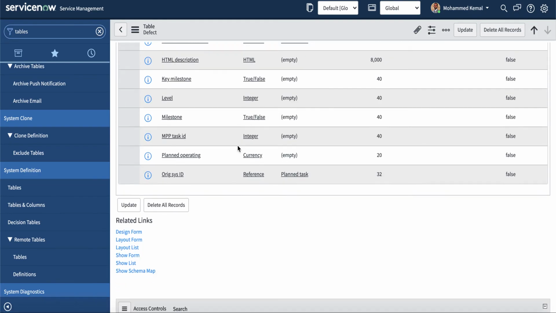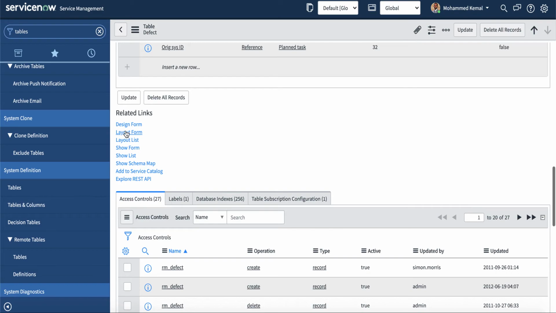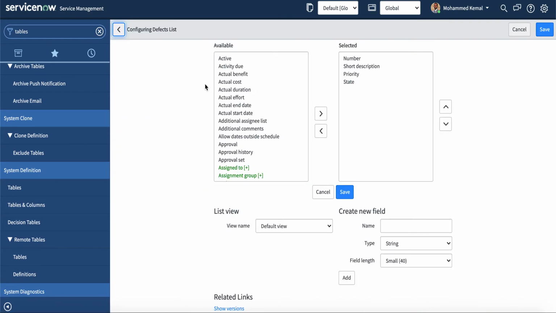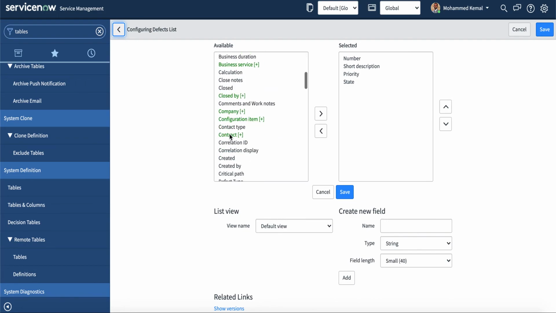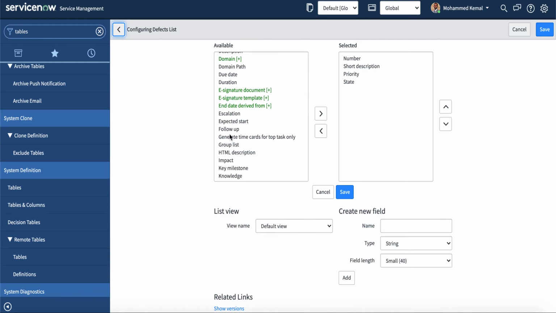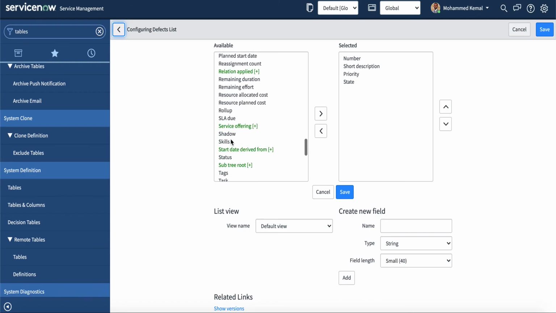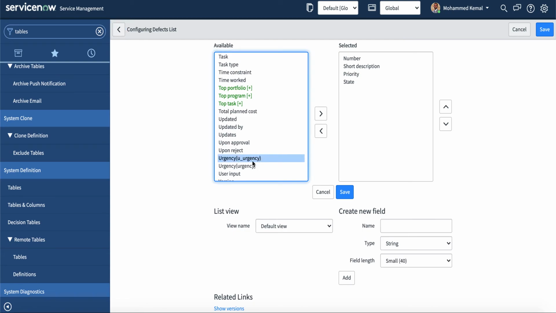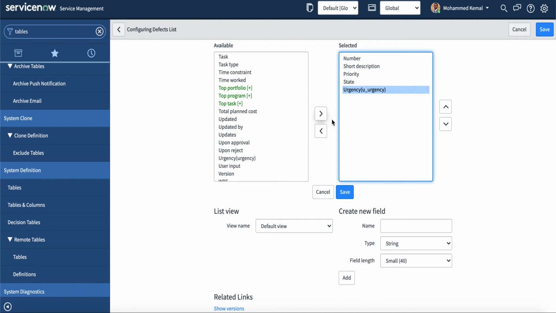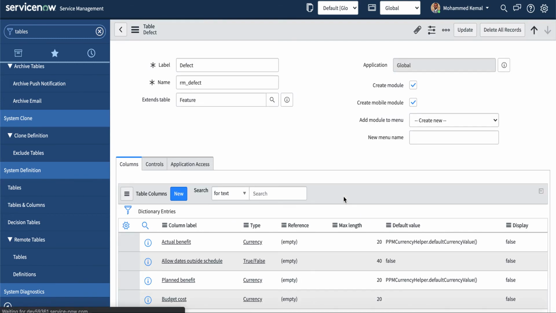Once we save, we have a couple of ways. I will go ahead and show you that one. The layout list, okay, the list layout. Let's go ahead and see the layout list. That's the one. Let's find the urgency, which is a little bit further down. So urgency, u_urgency, that's the one we just created. Now I'm going to add that one. I'm going to save it. Once I saved it,